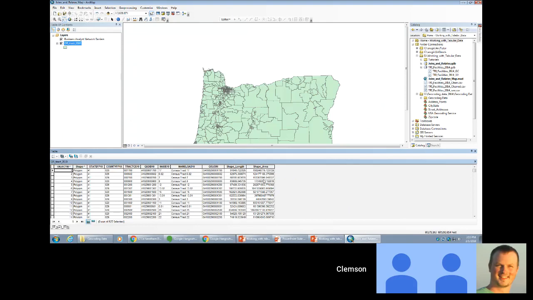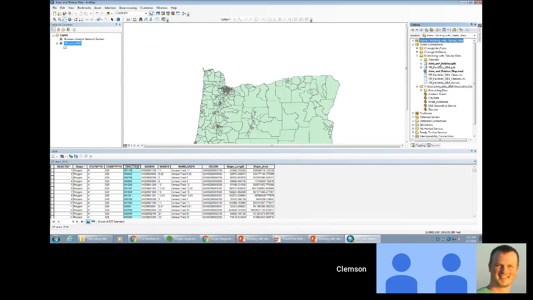What sort of information do we see? Anything interesting? Not really, right? So we have all sorts of IDs in here. This is an example of a data set you might obtain where all it contains is geographic boundaries and some codes. So let's go to our Working with Tabular Data folder